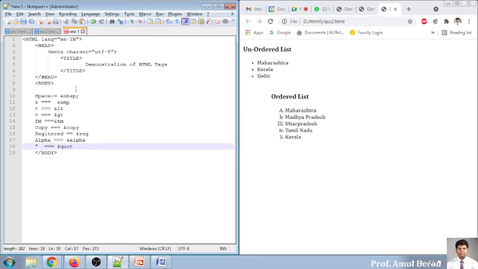If you want to display different shapes like a heart, you can use ampersand heart. For a diamond, ampersand diamond. Then clubs, ampersand club, and ampersand spade.